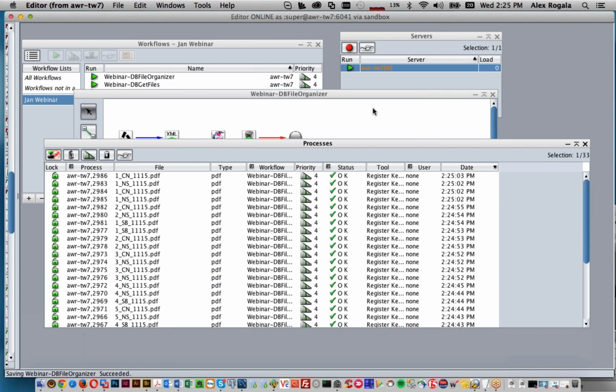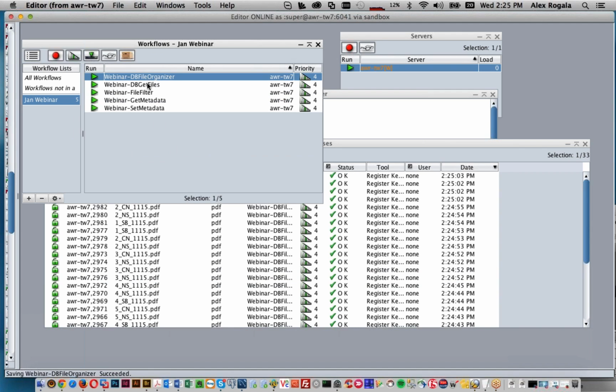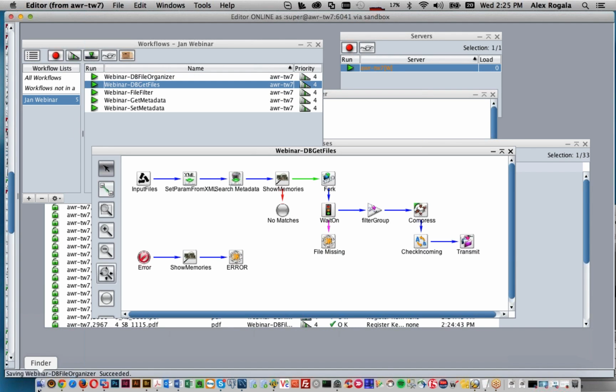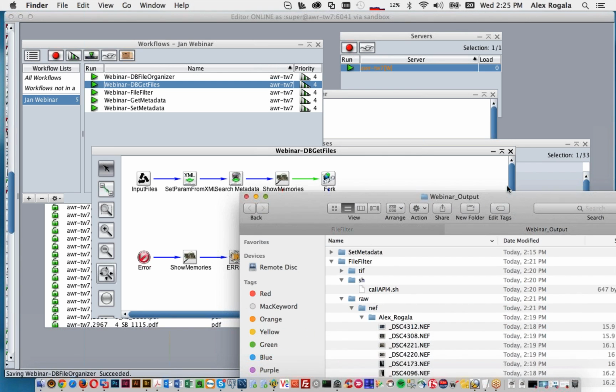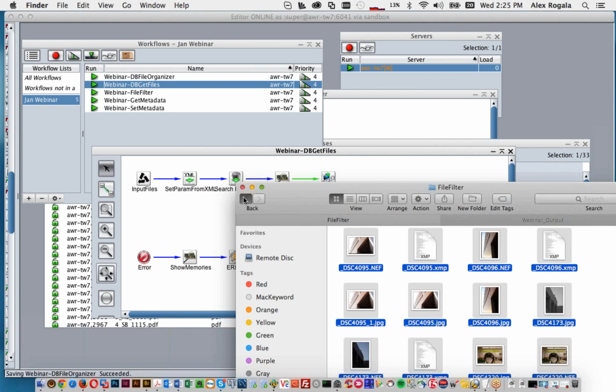So yep, looks like those all made it in. So what I can do now is, I have another workflow here, get files. Maybe I want to retrieve all the files that have that litho tag attached to them, that litho keyword. What I can do over here